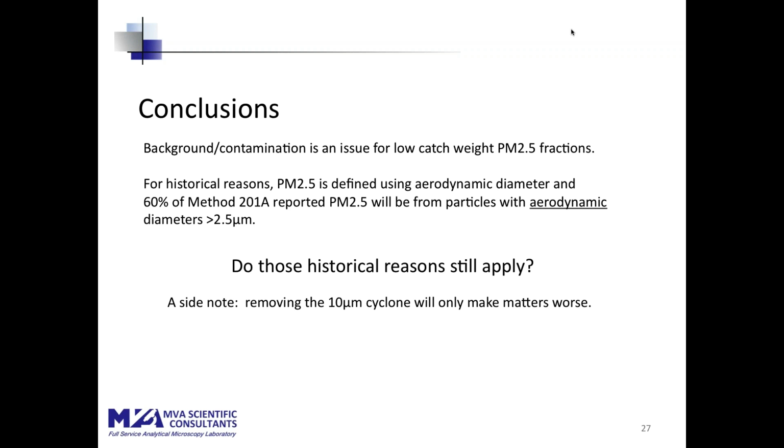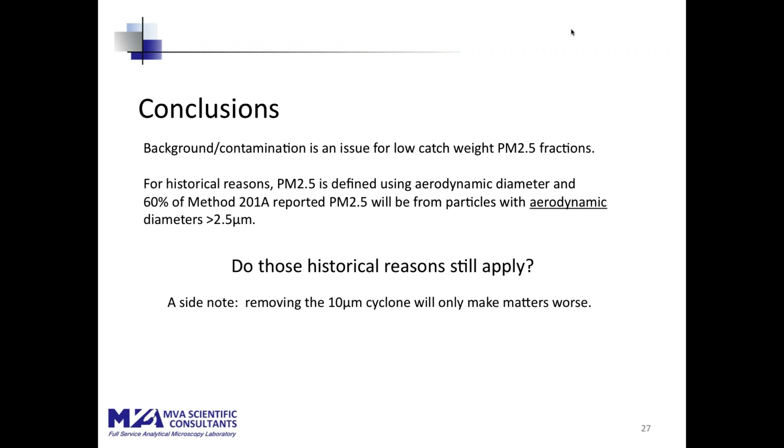I did note that during the meeting that I attended last week, there was discussion of doing away with the PM10 cyclone in method 201A, since PM 2.5 is what we're really after and nobody cares much about PM10 anymore. I would point out that removing the 10 micron cyclone from in front of the PM 2.5 cyclone will only make matters worse, and emitters are going to be faced, if this happens, with a sudden increase in PM 2.5